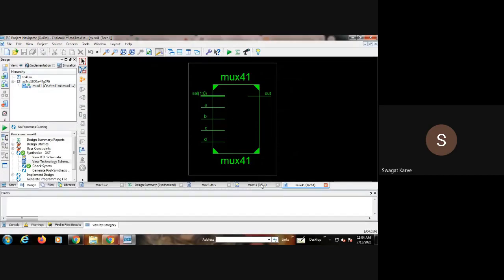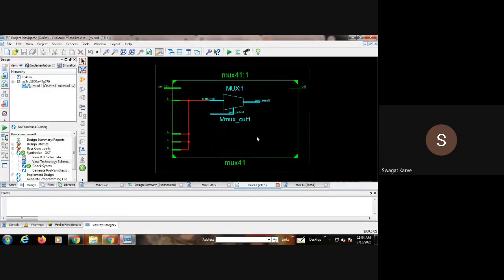This is the technology schematic. This is the RTL schematic. You can see register transfer level.